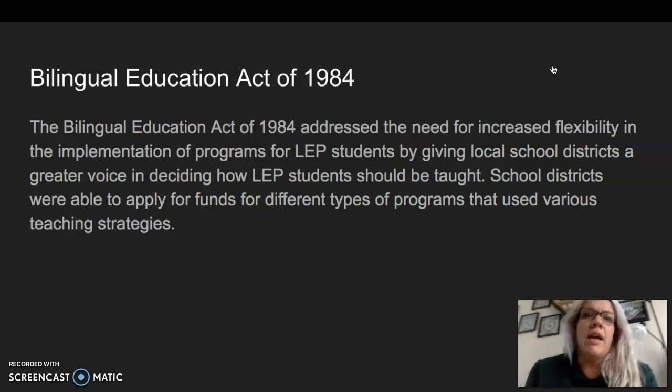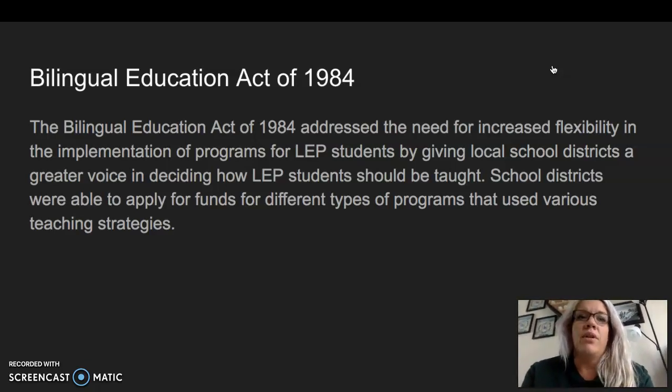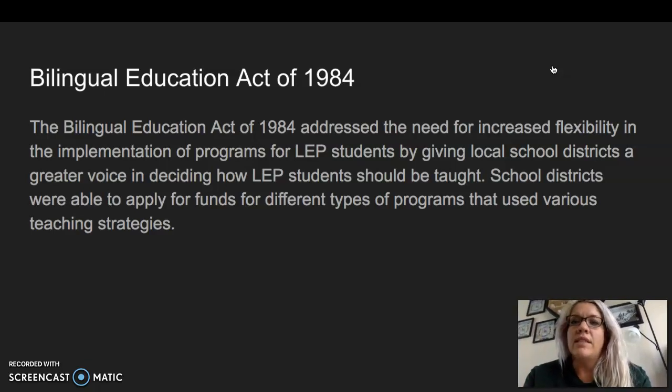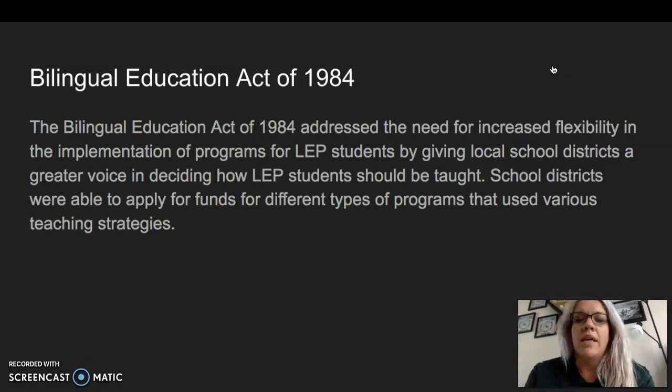The law that I wanted to focus on is the Bilingual Education Act of 1984. The Bilingual Education Act of 1984 addresses the need for increased flexibility in the implementation of programs for LEP students by giving local school districts a greater voice in deciding how LEP students should be taught. School districts were able to apply for funds for different types of programs that use various teaching strategies. The reason that I focused on this one is because